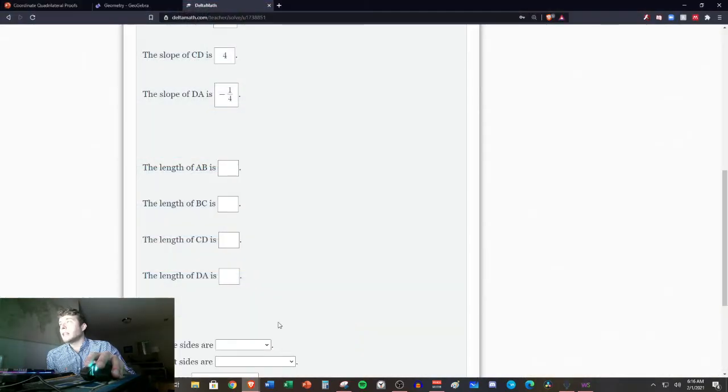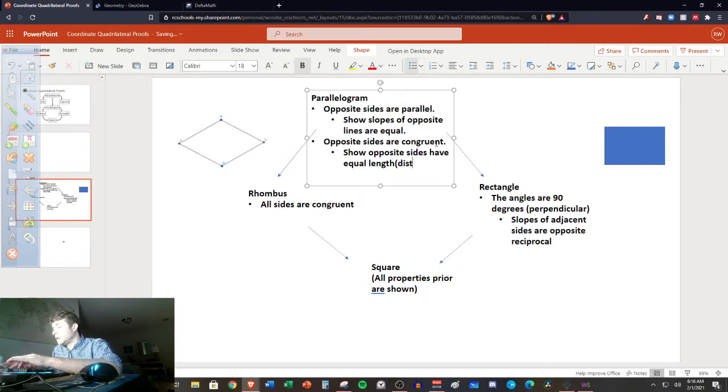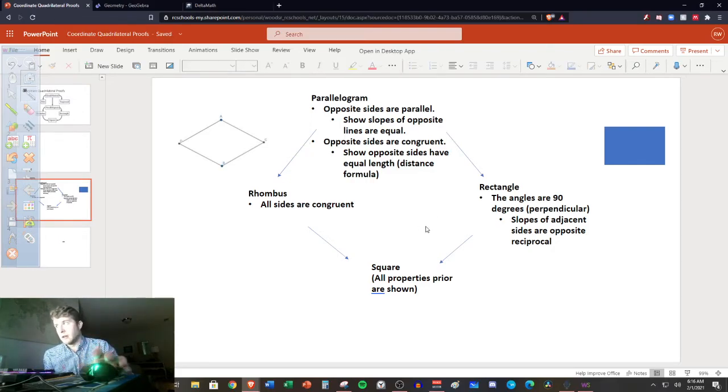And now we want to also add this note in here. How do we do that? Here, show opposite sides have equal length. This formula. Okay. And if it's just straight up and down vertical or horizontal lines, usually you don't even have to use the distance formula. You can just count, right? If they're exactly horizontal. But I would say in most cases, the distance formula will always work